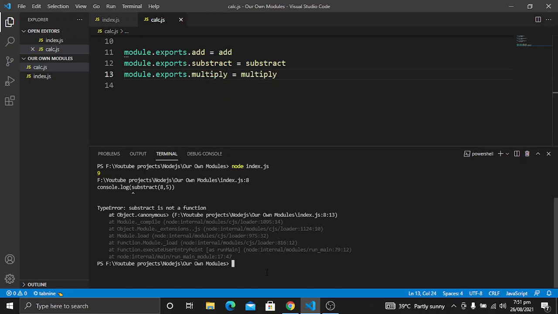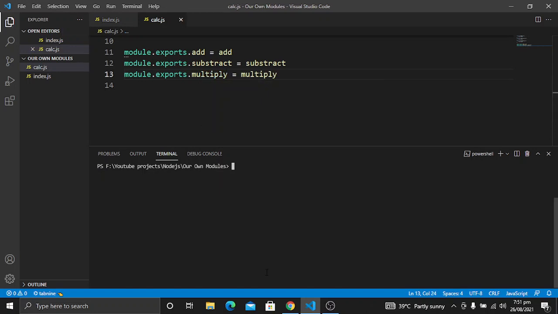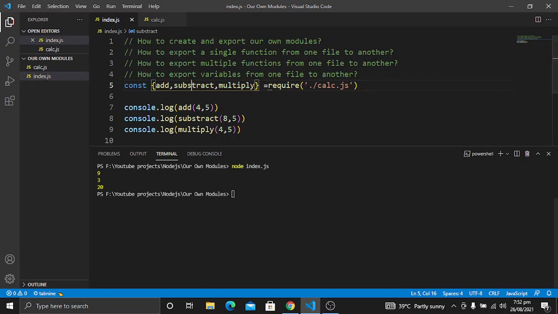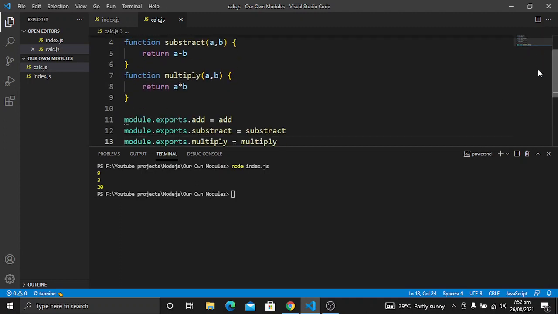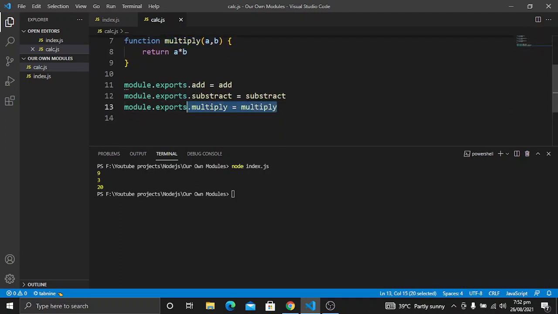Let's save it, clear the terminal, run the code again. Now you will see we are getting the results. Now we are getting all of the things that we want to access from here. All of our functions are working correctly. Now all of these things are working the right way, but we don't want to repeat this. So we want to follow the DRY principle.